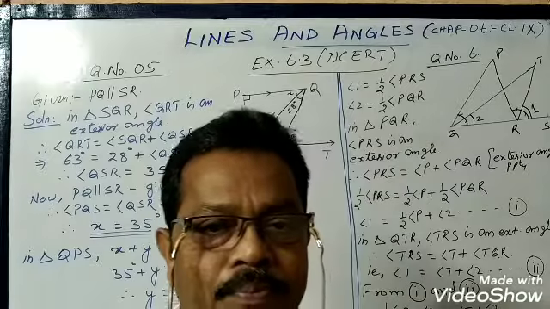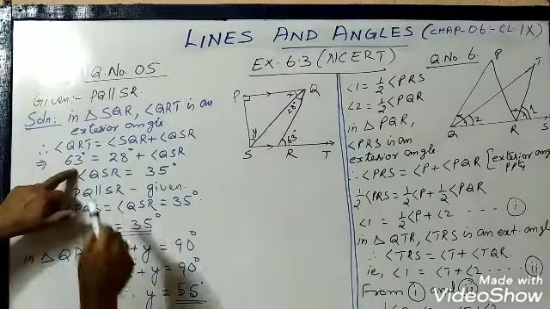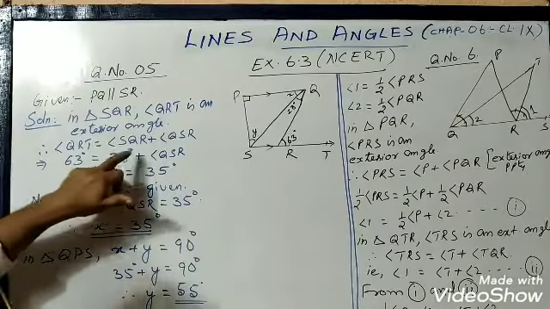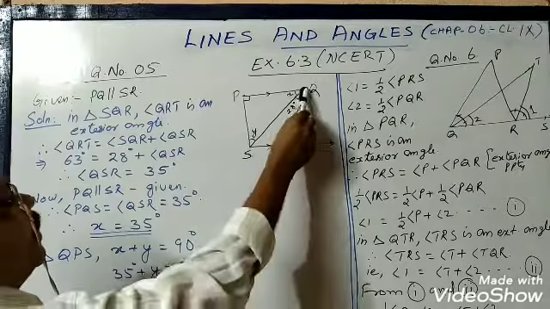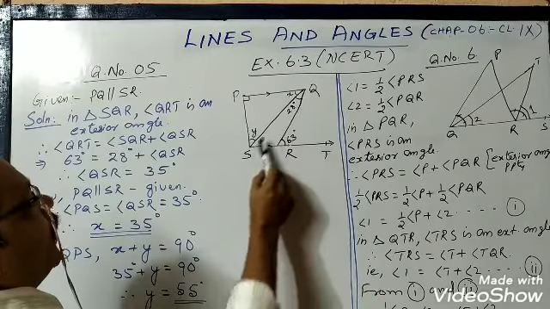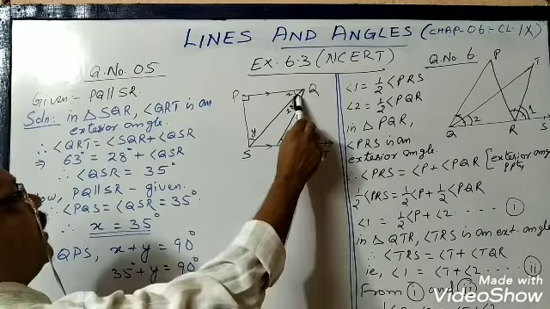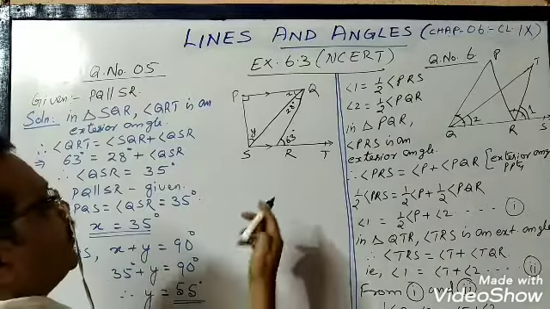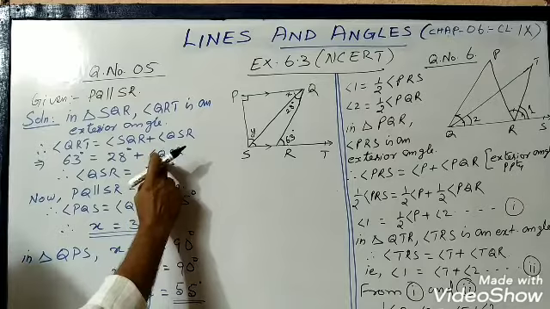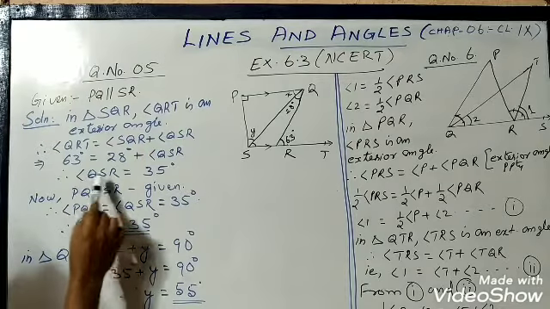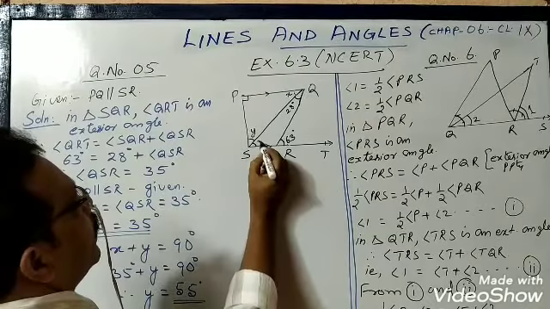We have already studied that theorem. You have to remember all this. So, angle QRT is 63 degrees, angle SQR is given as 28 degrees, plus angle QSR. In triangle SQR, angle QRT is an exterior angle, therefore the exterior angle is equal to the sum of the interior opposite angles. We do not know the value of QSR. So, QSR equals 63 minus 28, that is 35 degrees. So this angle becomes 35 degrees.